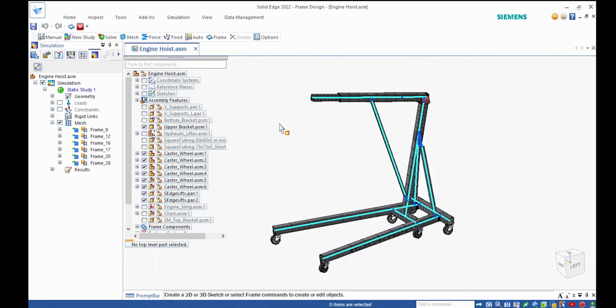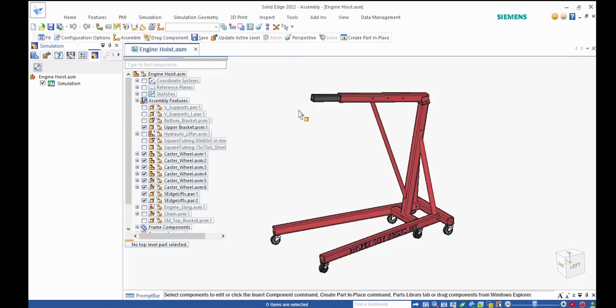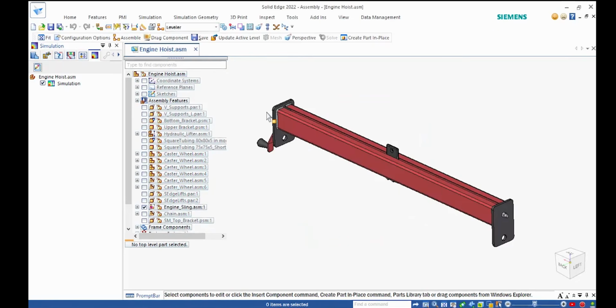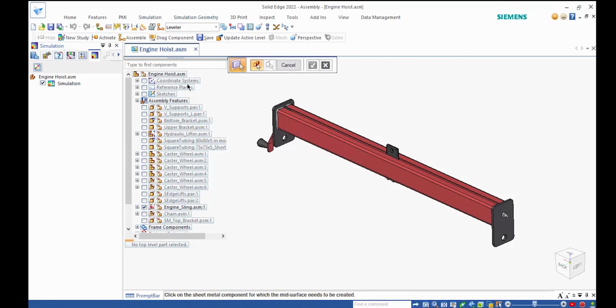So let's take a look at the other area of this hoist. Let's get out of the frame environment, and this time we're going to focus on the area where the engine would be mounted. Let's see how well it will withstand the load of 2.5 tons. The advantage that I'm trying to show you here is that Solid Edge can handle multiple types of studies on the same assembly. Before we dive in, first of all, I'm going to extract a couple of mid surfaces,